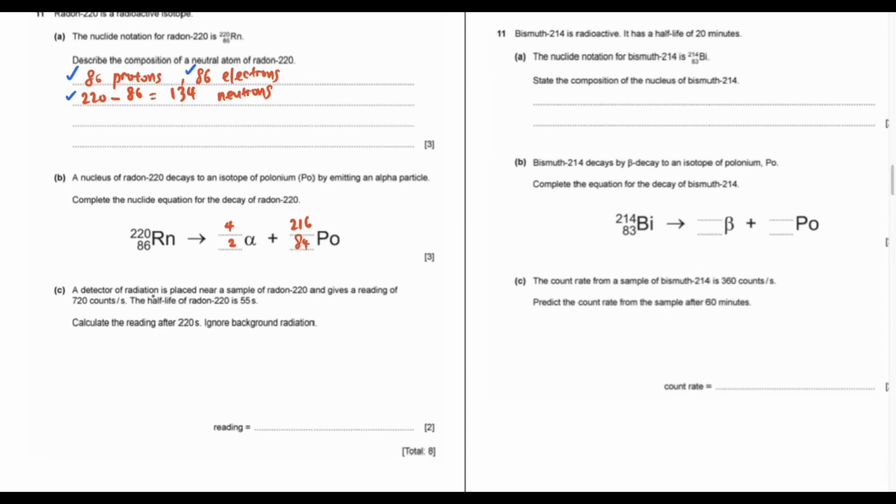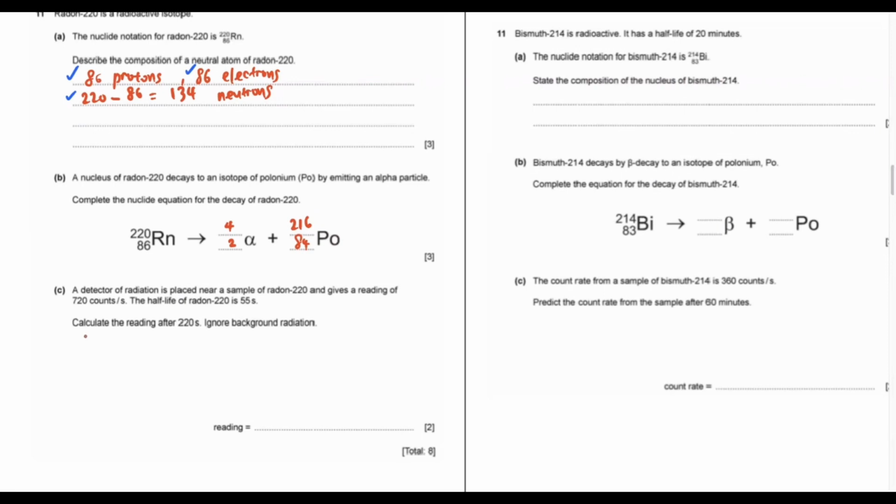A detector of radiation is placed near a sample of radon 220 and gives a reading of 720 counts per second. The half-life of radon 220 is 55 seconds. Calculate the reading after 220 seconds. Ignore background radiation. So if you are going to ignore background radiation, you're not going to minus at the beginning, then after that add back the background radiation. No need to do those steps. So you can straight away